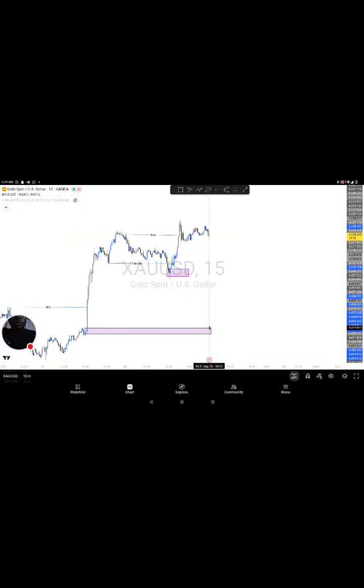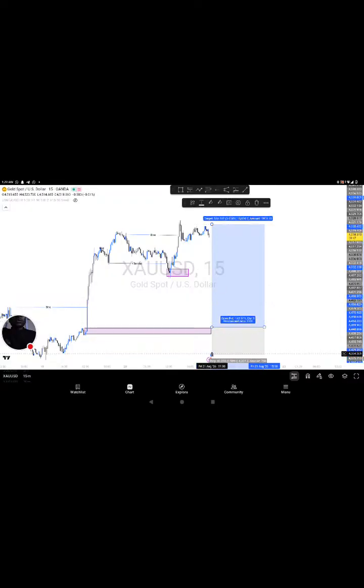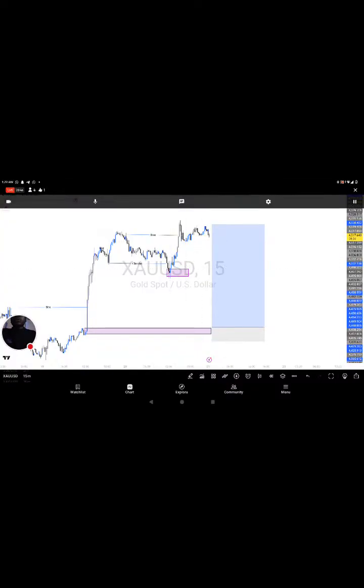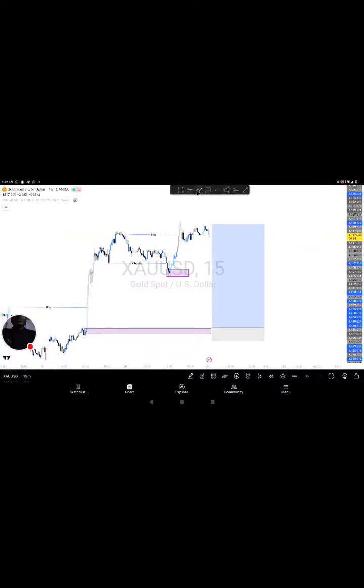I'll wait for the market here. I'll wait at this place. I'll wait here for the market. But if I see another changing of character, for example, if the market moves from here and clears out this inducement level, if possible,